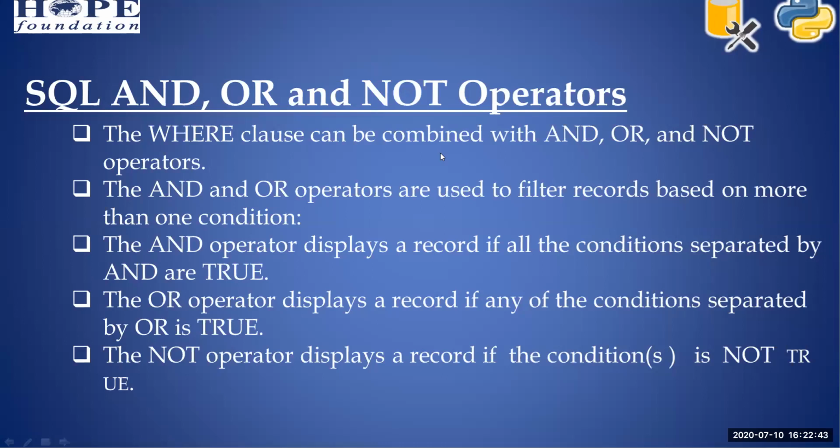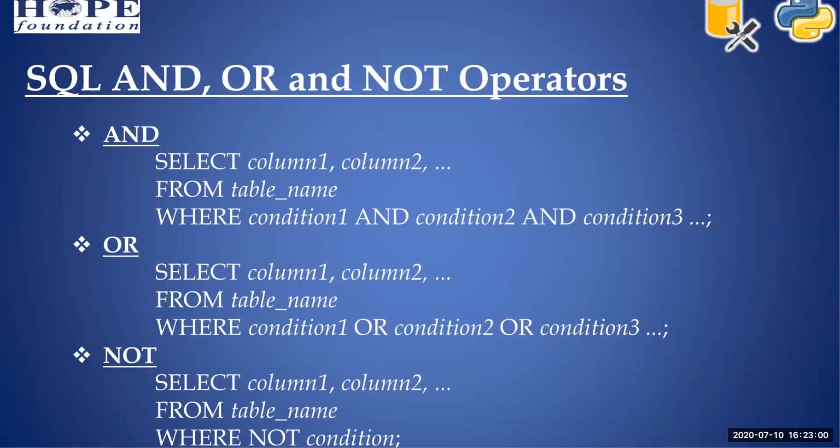Okay, so the NOT operator displays a record if the condition is not true. You know that NOT is the opposite, right? So these are the syntaxes for AND, OR and NOT. Simple.